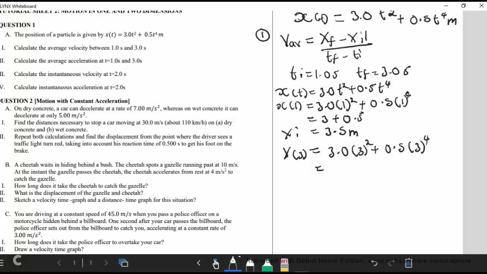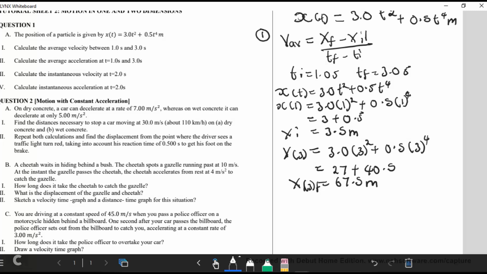So this is 9 times that, it will give you 27, plus this is 3 times 3 times 3 times 3, that is 81 times this, it will give us 40.5. When you add, it will give you 67.5 meters. So this is the final